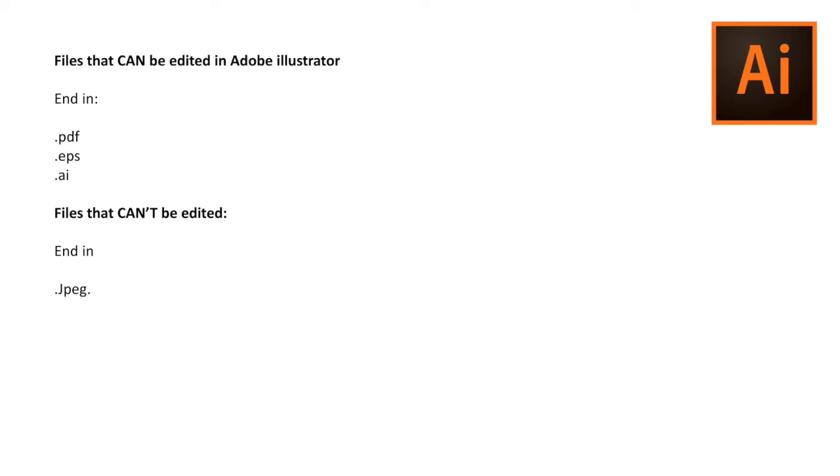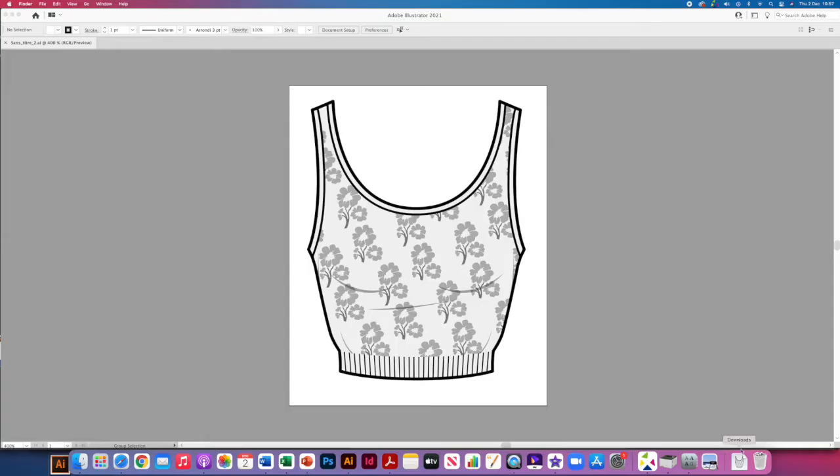Now there's nearly 80,000 CAD flats on WGSN, so the chances are you'll be able to find, for your degree, another shape that does the same thing. While it's frustrating, the easiest way is to find one of the ones ending in PDF, EPS or AI to download and edit. Now you can see when I go to my downloads,